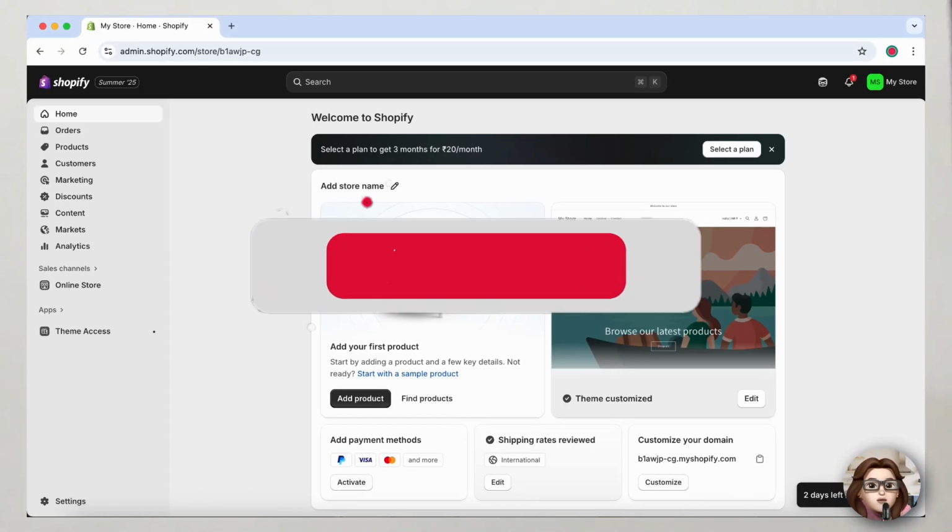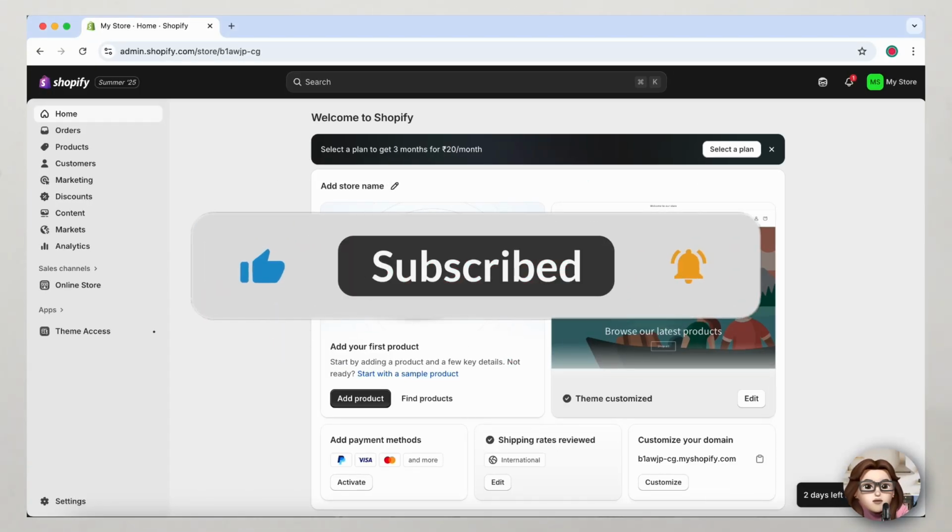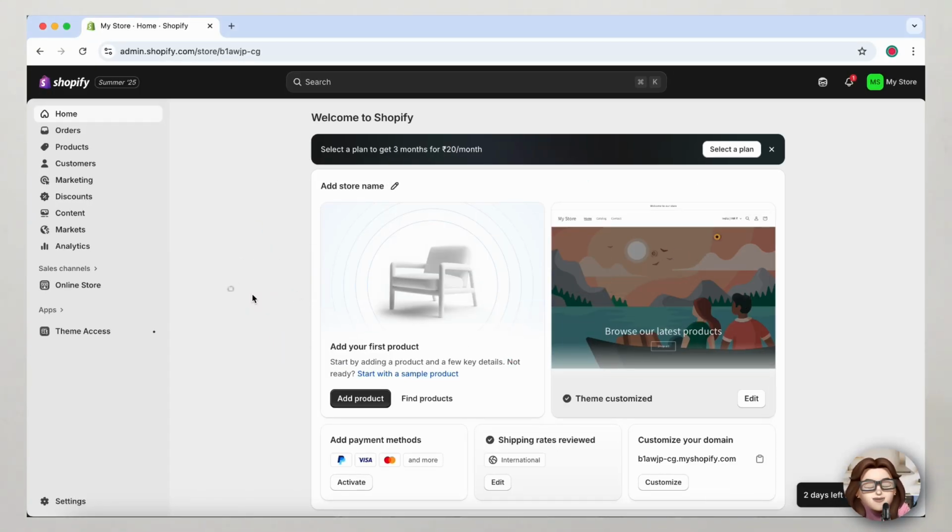In this video, I'll show you how to quickly reset your Shopify theme code using the Rewind app. This is super handy if you've made changes and want to roll back to a previous version or fix errors